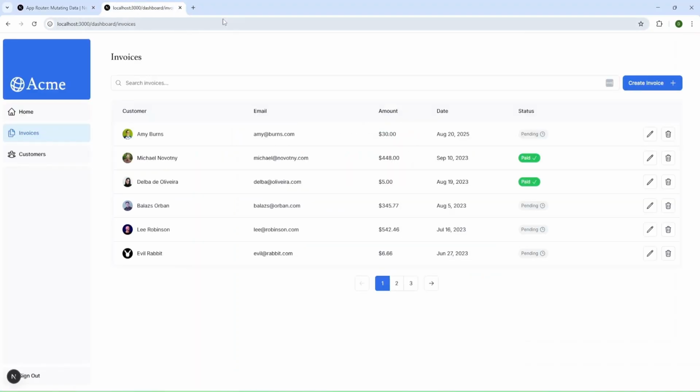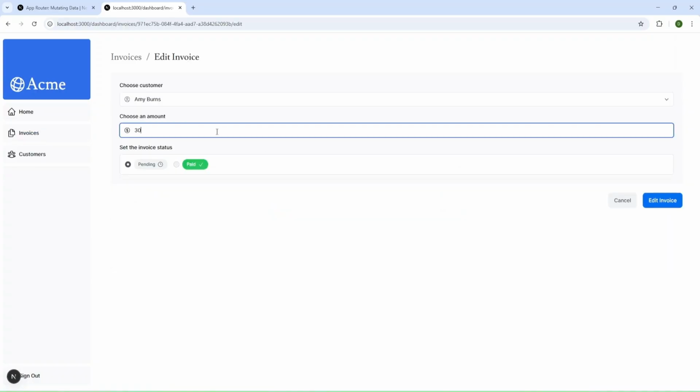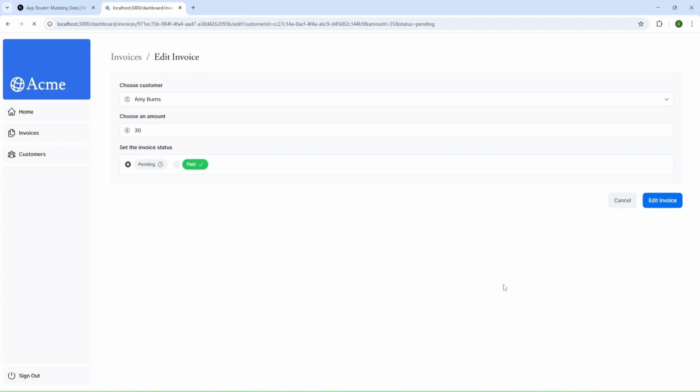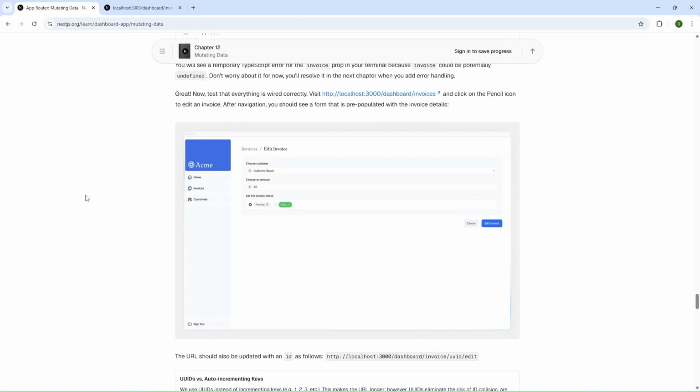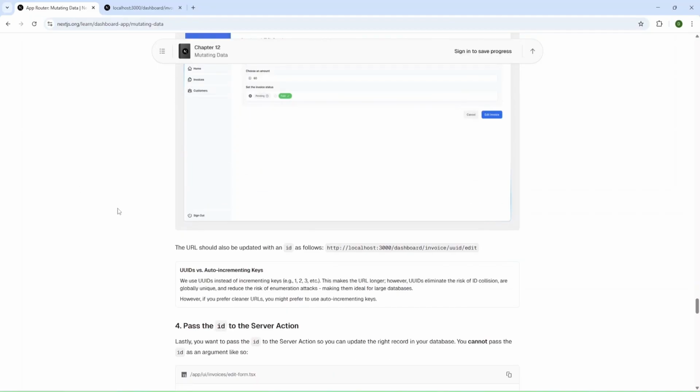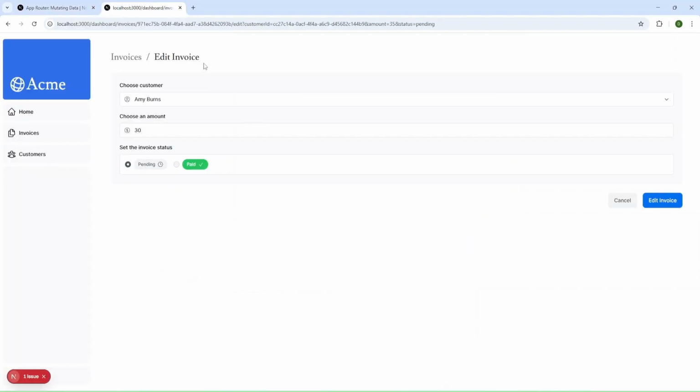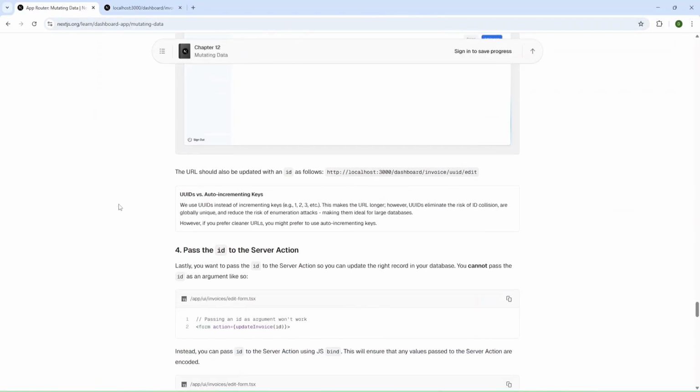And now they propose to visit invoices table and click on the pencil icon to edit an invoice. Okay, and I have this opened, and let's edit invoice that we've created recently. Okay, and I press pencil, and let's change amount to 25. And now we can edit, and let's see. And we have some issue. Okay, and we need to implement our code further, and let's check ID. And as you can see, we have ID here, and then edit, and that looks good.